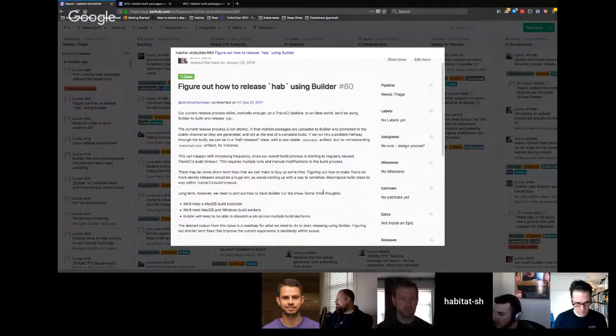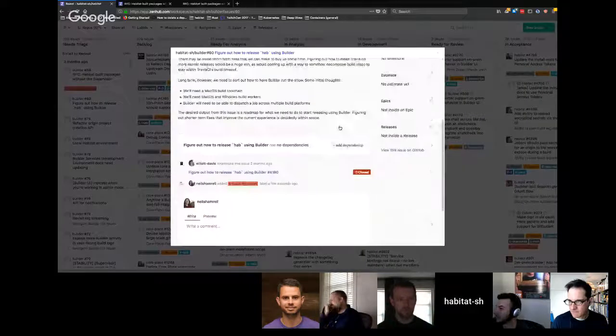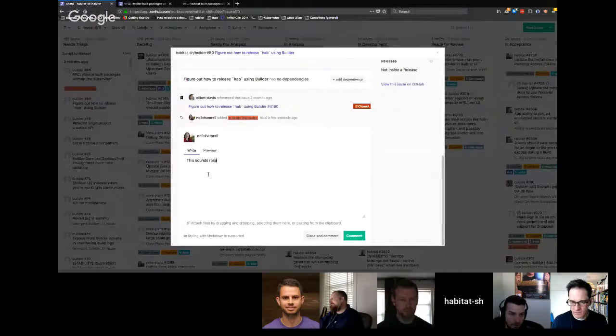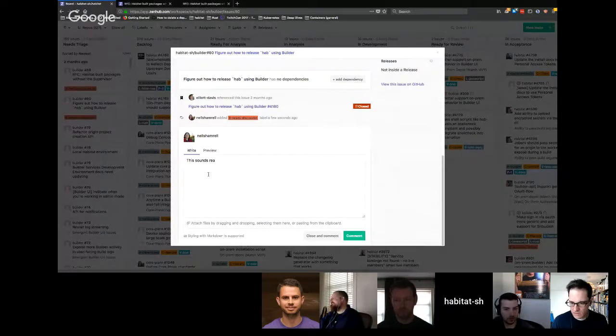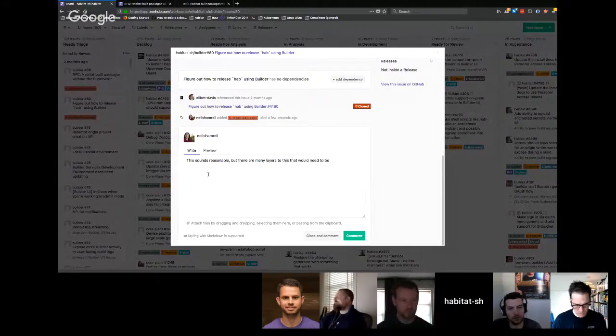There are so many layers to this. You need a Mac build chain, you need a Windows build chain, you need to rewrite the dispatch engine. Needs discussion on this and reply. There are many layers to this that would need to be addressed. Requesting more discussion on this for this week.